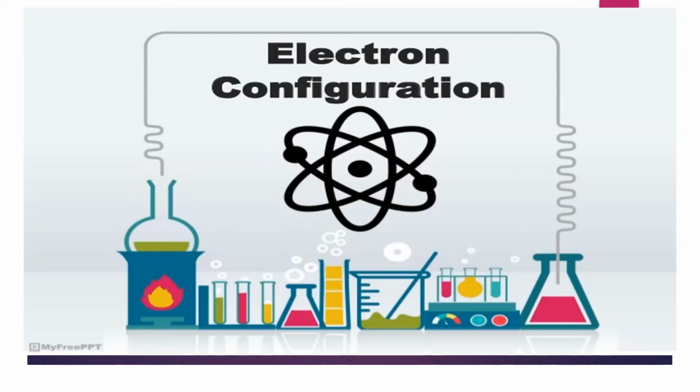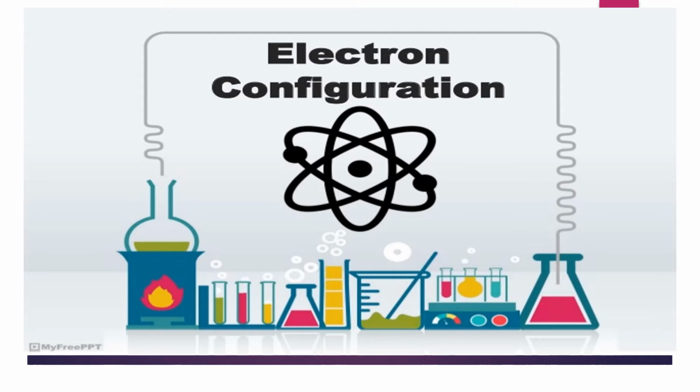In the previous class you have learnt about the four quantum numbers: principal quantum number, azimuthal quantum number, magnetic quantum number and spin quantum number, which has given us an idea of the size of an atom, presence of shells, subshells present in an atom. Now, in this class, you are going to learn about the arrangement of electrons in these shells and subshells, which is known as electronic configuration.